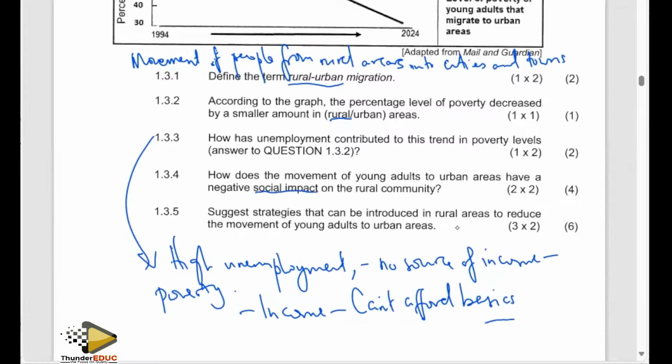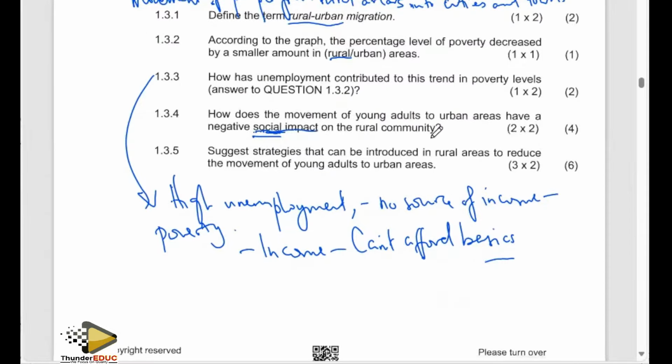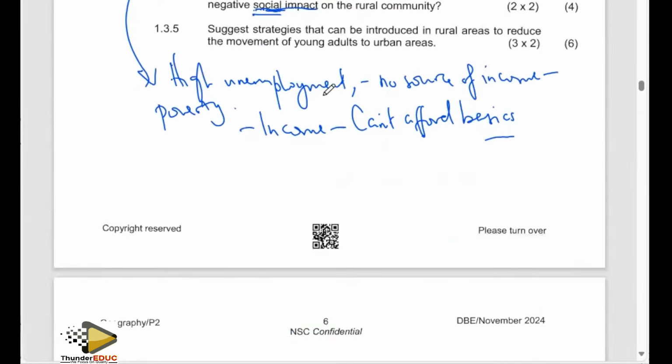When a question is asking about social impacts, it is asking about how society is affected, the way of life of people, how is it affected negatively when the young adults are moving to urban areas? People remaining in the rural areas, how are they impacted? How is their way of life affected negatively? That is the question. As a society. Right. So what you should highlight here, you should try to figure out responses that